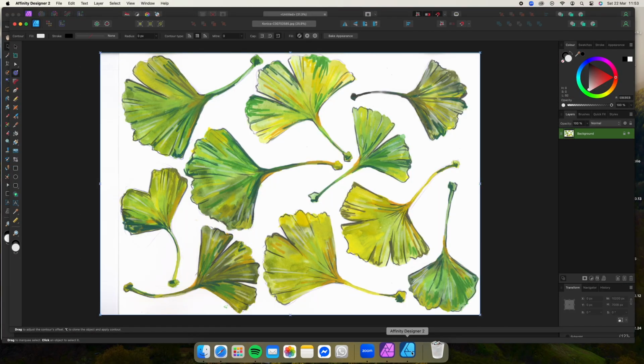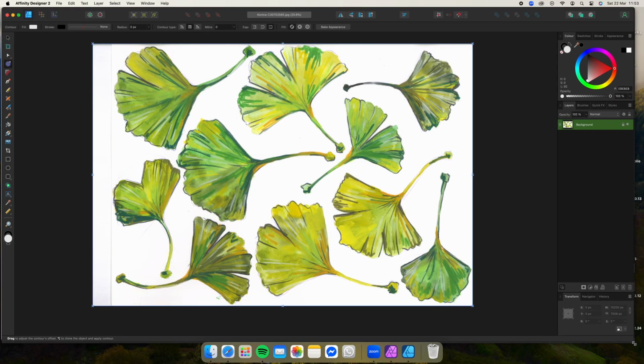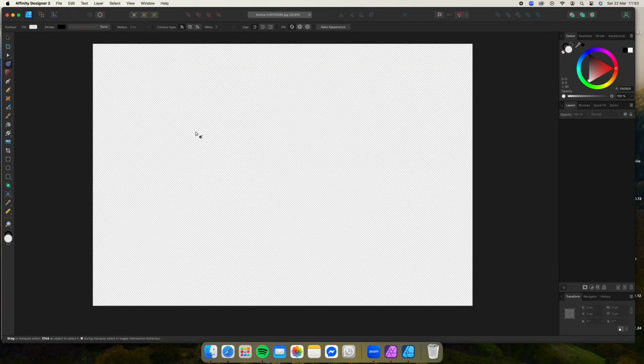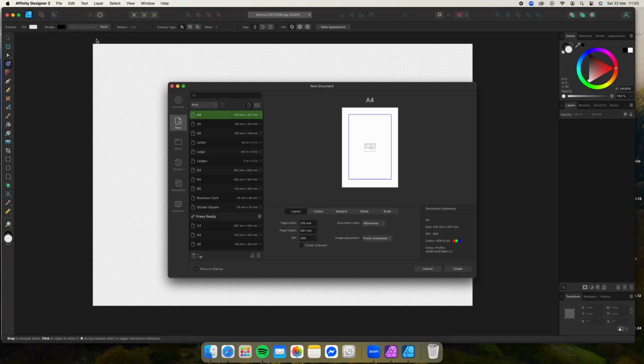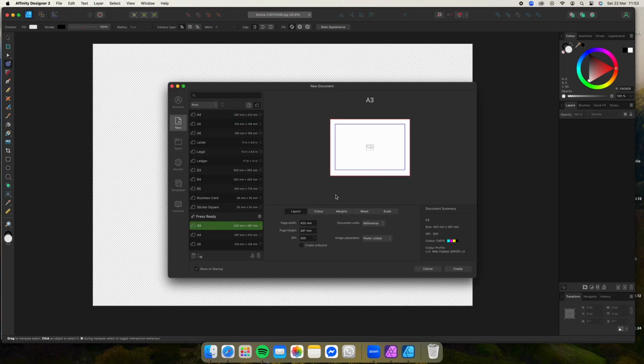I can scale it how I want. I don't have to worry about cutting out the background every time and getting it perfect. I just did it once, and then I can use it however many times over as I want to. So even though this is going to take a little bit of time and quite a bit of faffing and finessing, it's definitely worth doing.